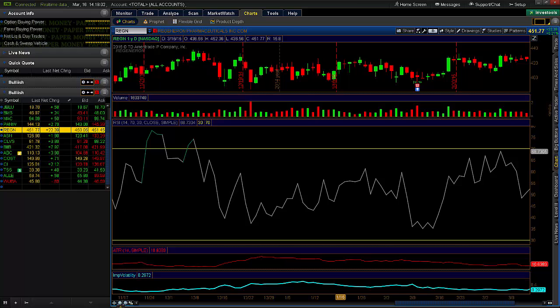Matt Justice here for Tackle Trading. I was in a Master Trader class last night, and we were analyzing Regeneron. This is REGN, and we were discussing whether or not it was a good buying opportunity above resistance. I was teaching the bullish breakout pattern, and one of the things that we didn't cover last night, but